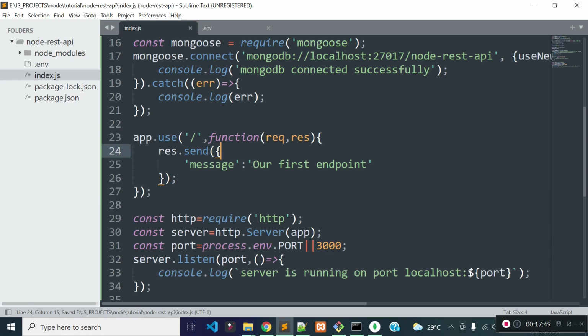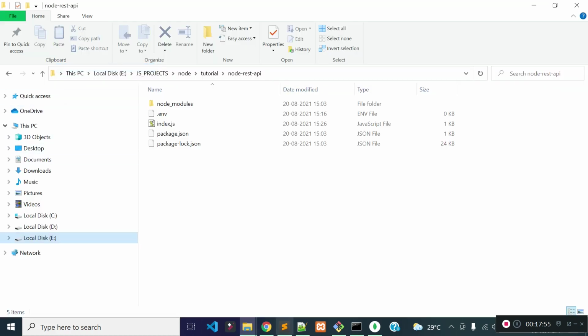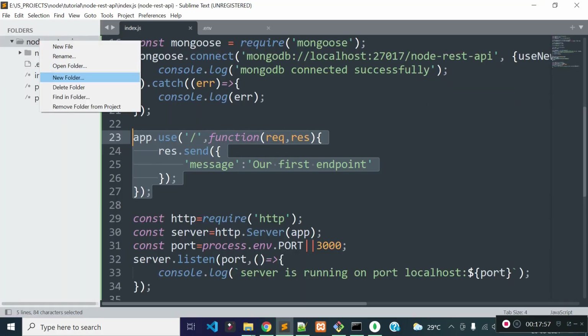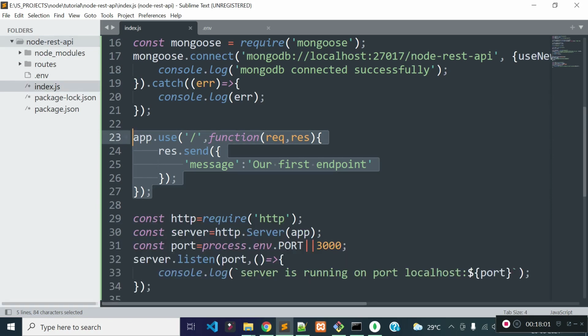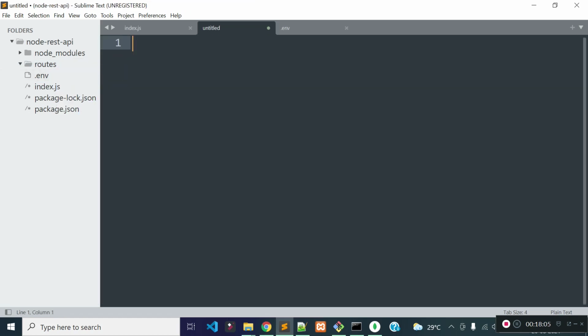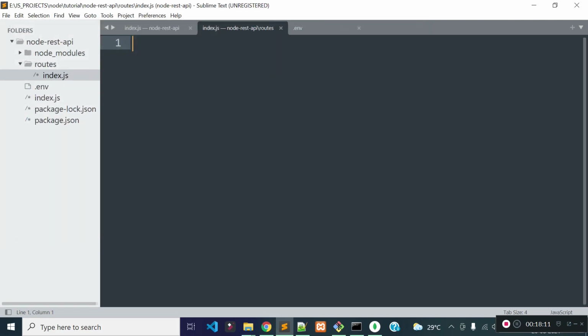Okay, now I'm going to create a route file. So I'll create a folder called routes inside our project folder, and inside this routes folder I'll create a new file called index.js, and this will be our main route file.